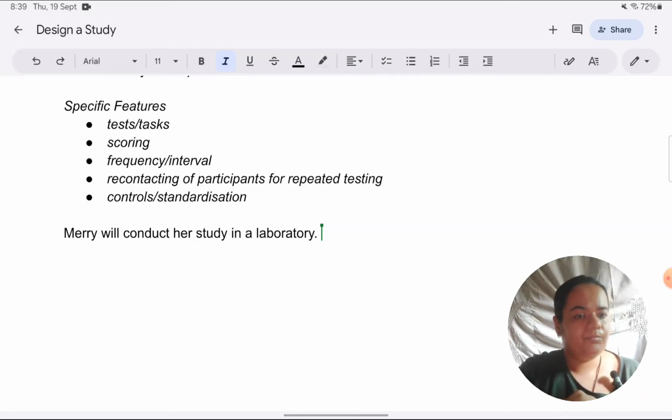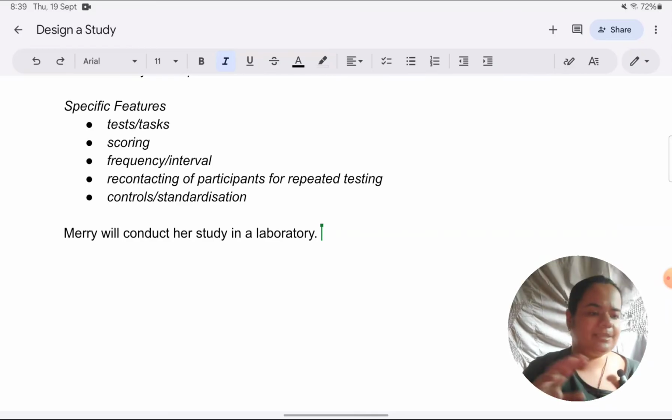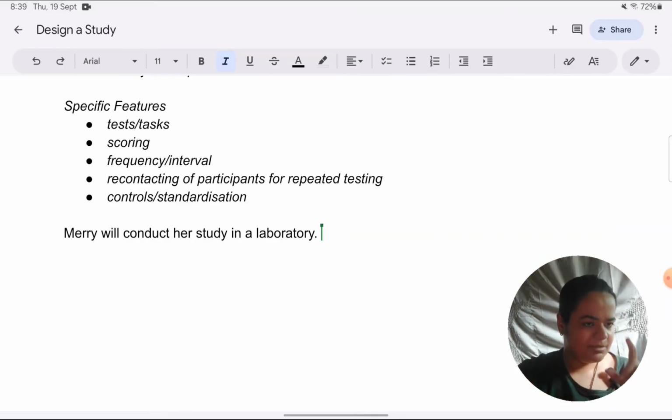Okay, also, whatever we mention in the study, it's good if we can justify. By justify, I just mean point out what sense it makes or why it is being done. Not in terms of this is a strength. Like everywhere, students will start saying laboratory is a control setting, it's very valid. That's not what I mean by justification. Just why is she doing it in the laboratory? We can just mention that, and it should be ideally just in one sentence.